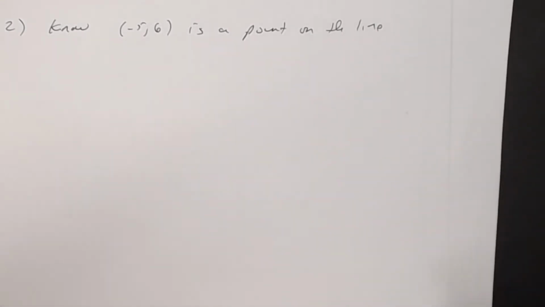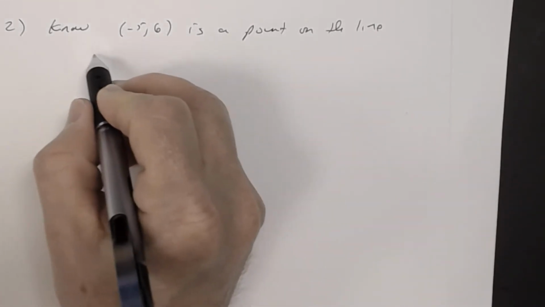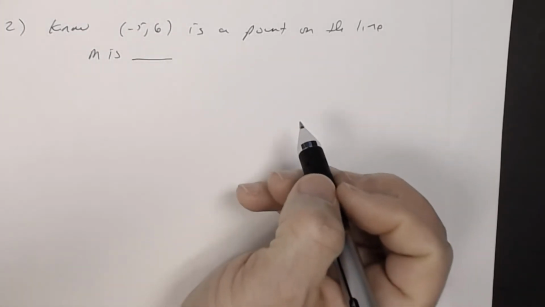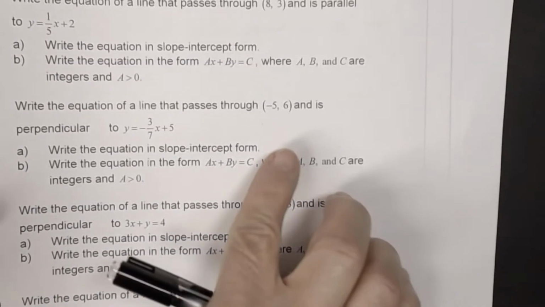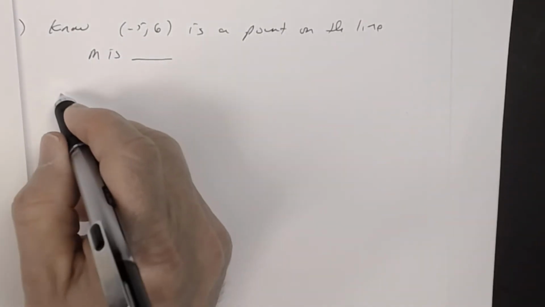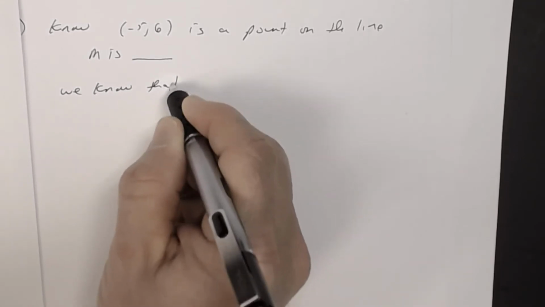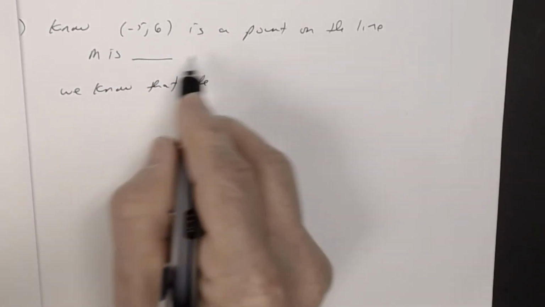Okay, that I'm interested in. Now I've got to find the slope. The slope is blank, right? Okay, so you know this. You also know that the line I'm interested in, which is this line right here,